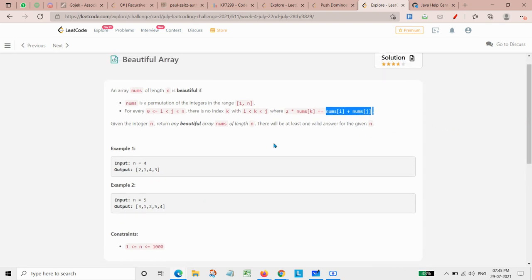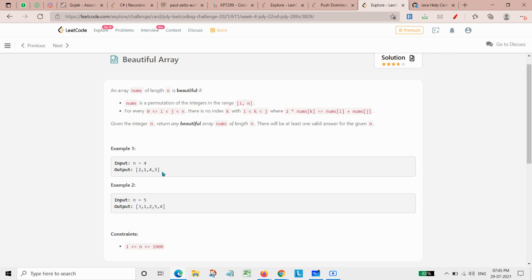Then only it will be known as a beautiful array. Moreover, it is already written that nums should be a permutation of integers in the range of 1 to n.